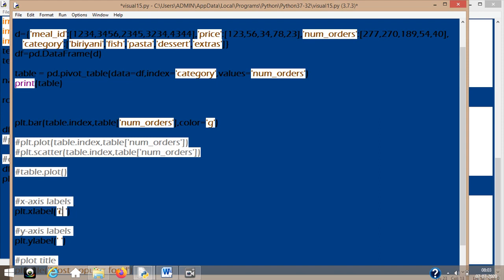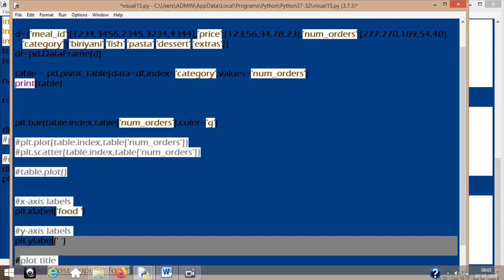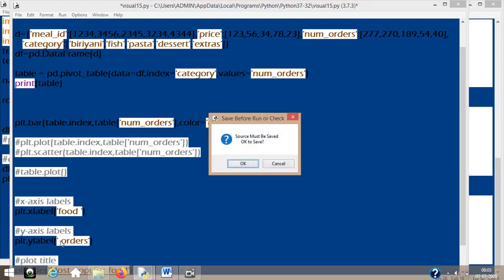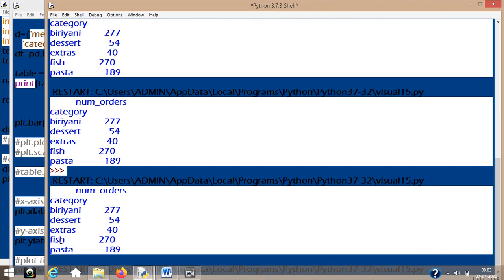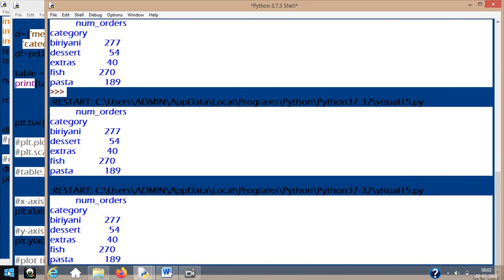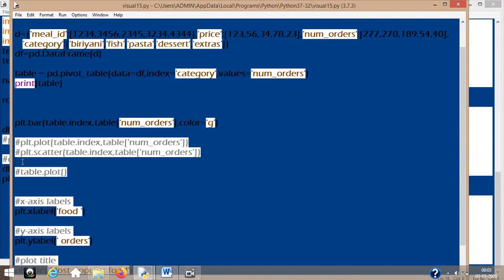Now this can be anything because it has nothing to do with the name of your data frames. If I run this, the same thing came. Understood? So I have plotted my bar graph using this.